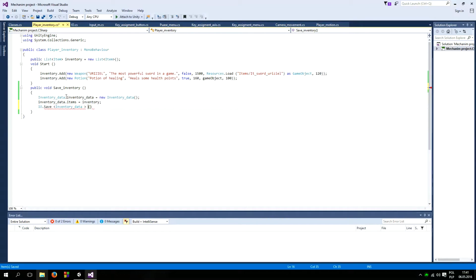Now we need to pass an instance of this class, which is the class to save, which is inventoryData. And file name, player. Let's name it like that. I will actually copy this because I will need it in a minute. And I will also debug